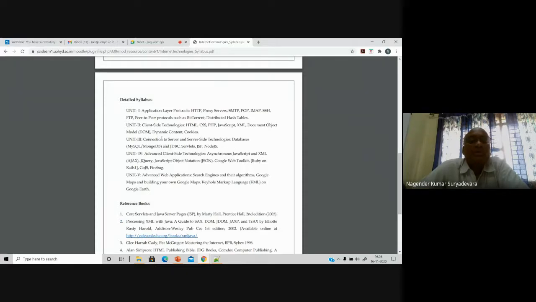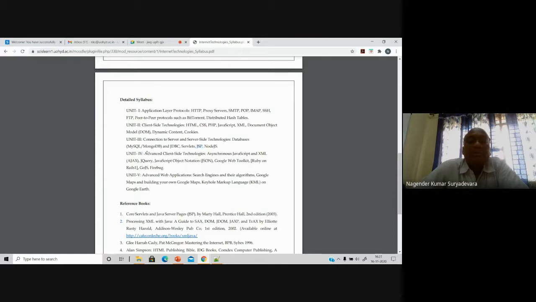Then we moved on to unit 3, how you connect to your server, the server in the sense of your database server and other technologies, using MySQL and MongoDB, JDBC and servlets. Node.js has already been given to you. The pending thing here is JSP. This JSP is pending for you, which I will complete by tomorrow. I'll keep the material for you.